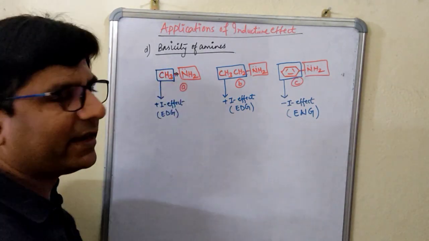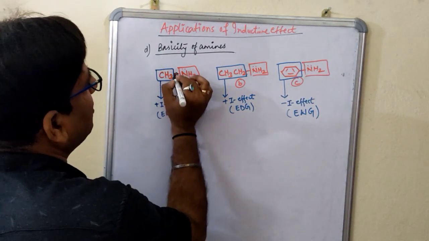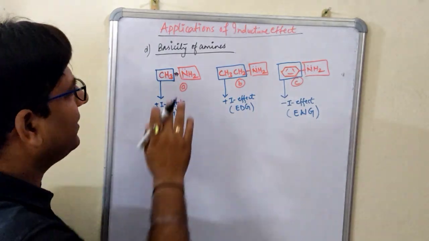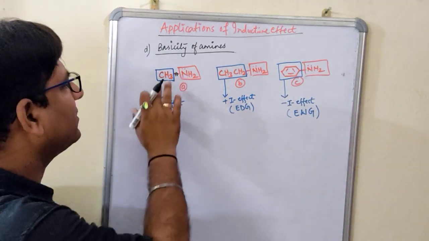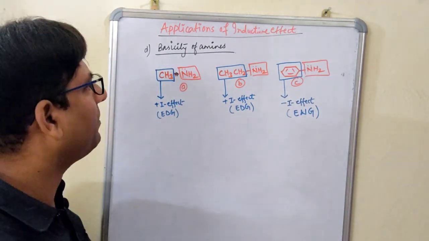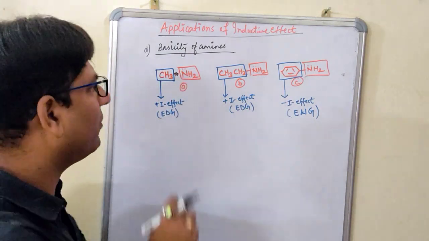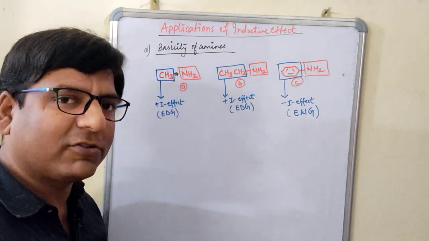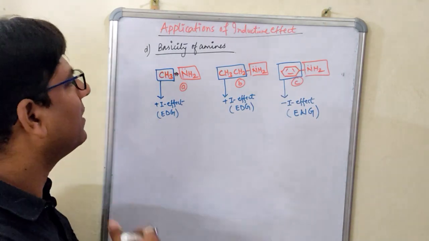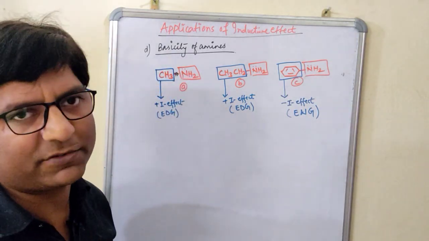But what is the role of this methyl group? This methyl group is electron donating in nature. Means this methyl group is also donating the electron to this nitrogen. Okay, means already it is electron rich, and now this methyl group is also giving the electron to this nitrogen. So what will happen? The electron density, lone pair already present there on the nitrogen, now further the electron density on the nitrogen will be what? It will be more high. Okay, it will be much more higher. Why? Because this is the electron donating group which is giving the electron to this nitrogen.